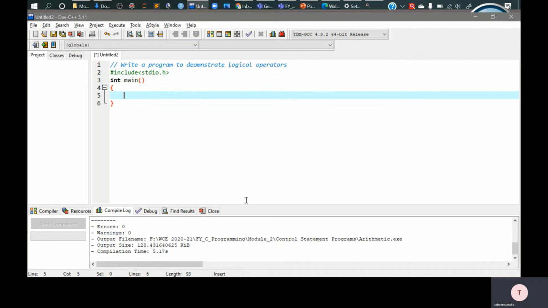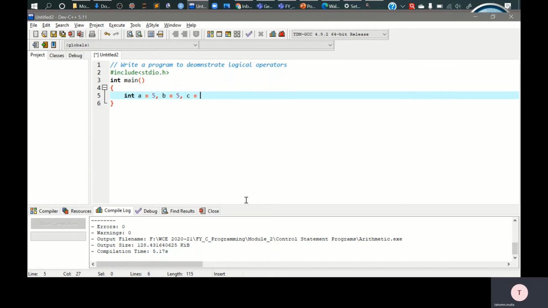Now we'll take three different variables and check the logical relationship between them, and then store our result in another variable. So I'll take integers a equal to 5, b equal to again 5, to check whether these two are equal or not. We'll need two same variables.